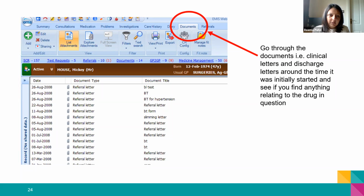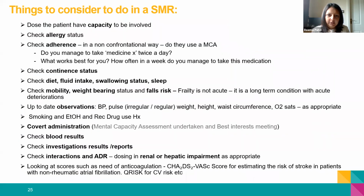So that's a whistle-stop tour of how to find drugs. And then more generally, things I would consider to do in an SMR. Sorry about the busy slide, but we'll just go through it very quickly. So I'm sure some of you do this anyway for all of your contacts with patients, but for an SMI,